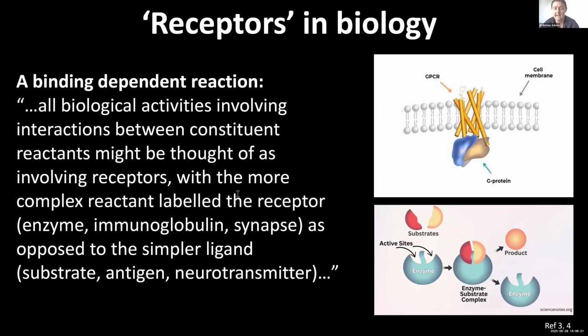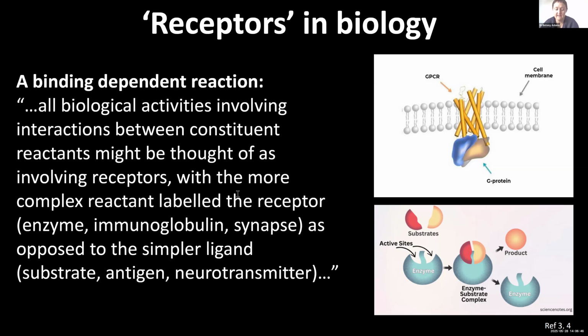Other types of receptors include ion channel receptors, enzyme receptors, and intracellular receptors. And they each play really critical roles in mediating signals that can control things as various as gene expression and muscle contraction. But in biology, the term receptor can be used very specifically, for example, these GPCRs, but more generally,